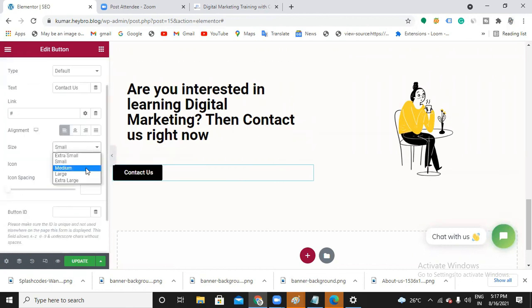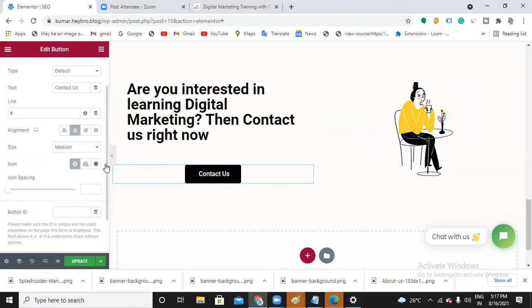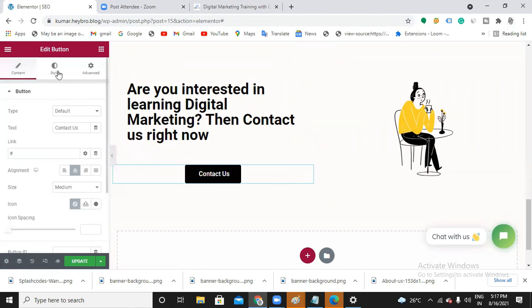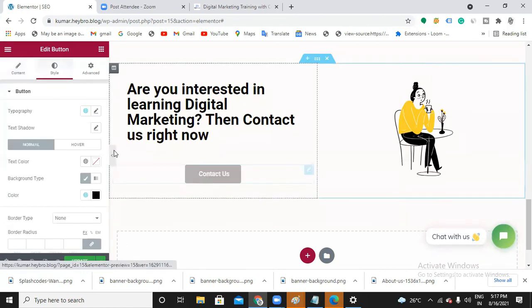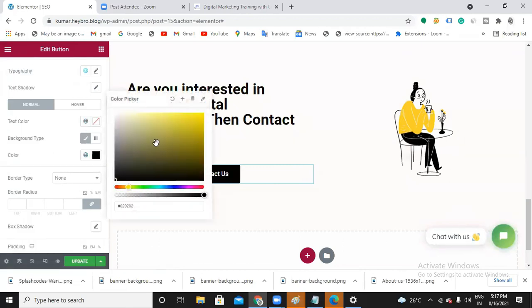Center. Center, ma'am. Okay, this one. Right. Okay, changing the color of the button. Do you want to change it? Yeah. Fine.